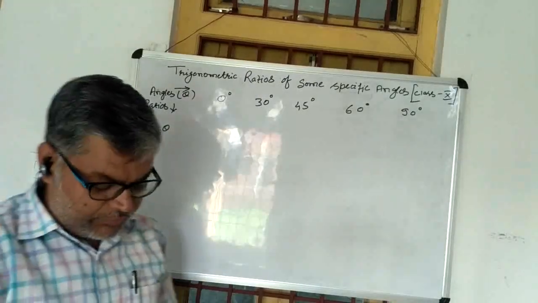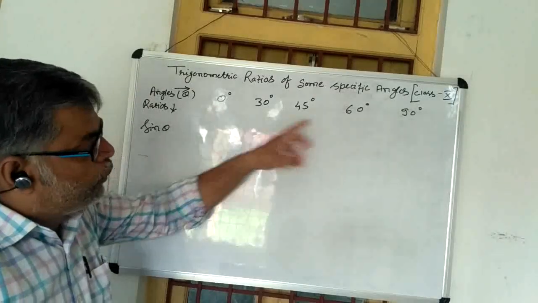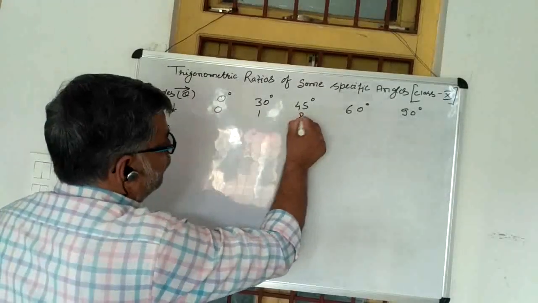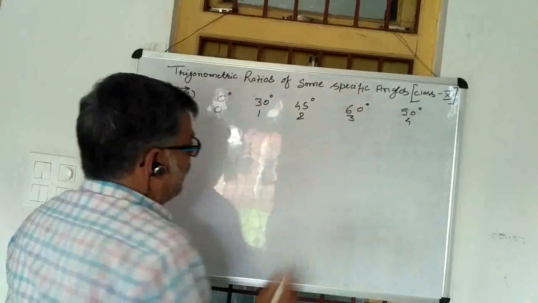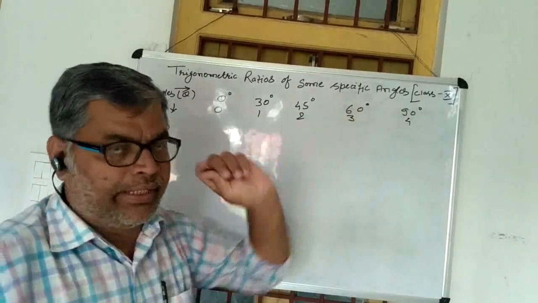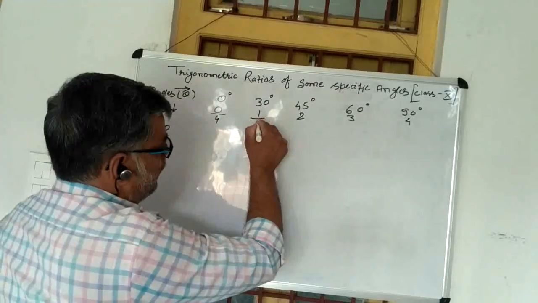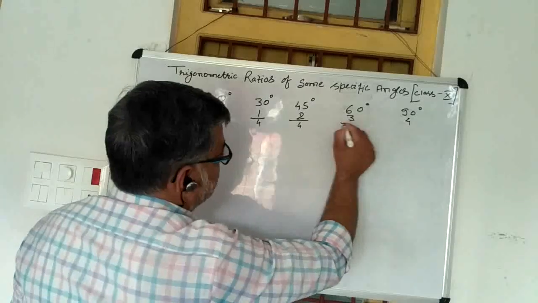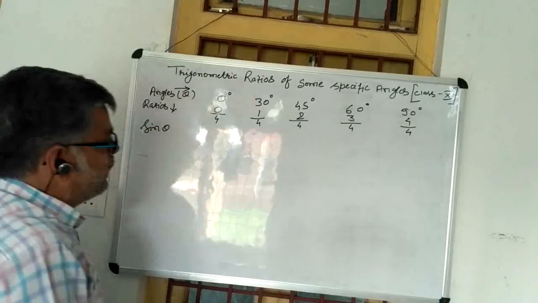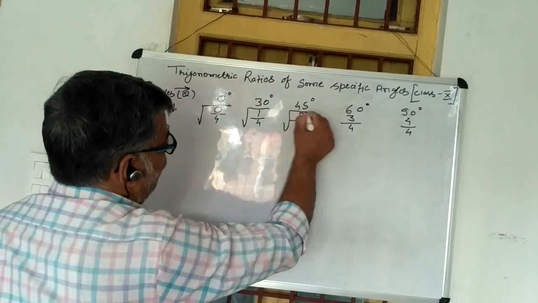So students, first you write the numbers from 0 to 4 in this order: 0, 1, 2, 3 and 4, from left to right. Thereafter you divide all these numbers by 4 in this way. And now thereafter you take the square root of all these numbers